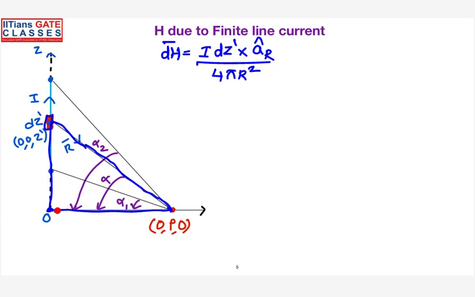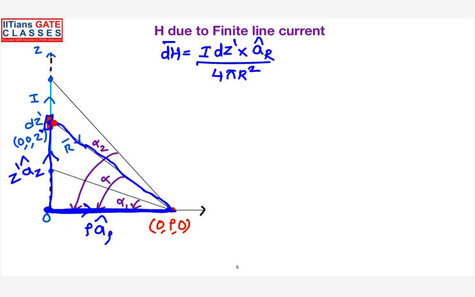When you are moving from O to P, which direction are you moving? When I was moving in this particular direction, in which direction does the change happen? Rho, correct. You can see this particular distance is rho, so I can call this vector rho into a_rho cap. Similarly, when moving from here to here, the current element is located at (0, 0, z prime), so this vector I can call z prime into a_z cap.